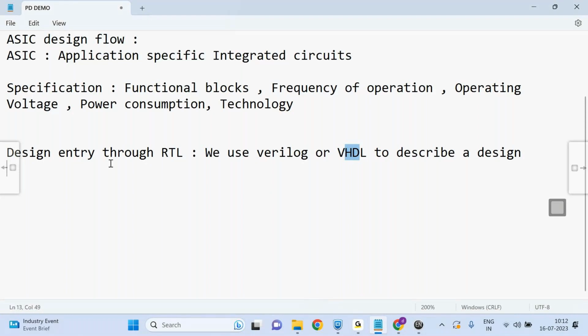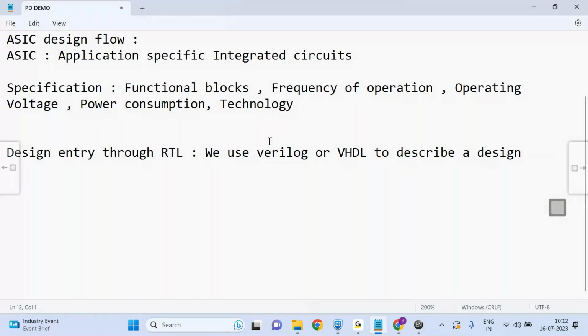See, the reason for using Verilog or VHDL mainly is that we can describe any circuit through